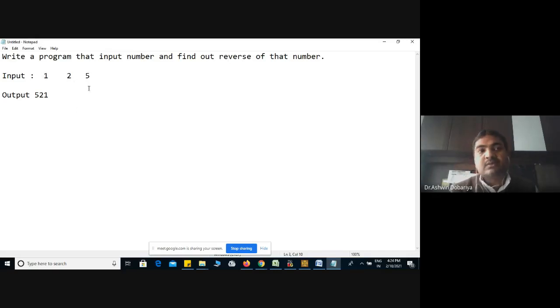This is again a mathematical rule, if you remember. The first digit is always multiplied by 1, the second is multiplied by 10, the third is multiplied by 100, the fourth is multiplied by 1000. I think you remember these norms as far as mathematics is concerned. So see, 5 multiplied by 1, then 2 multiplied by 10, then 1 multiplied by 100.